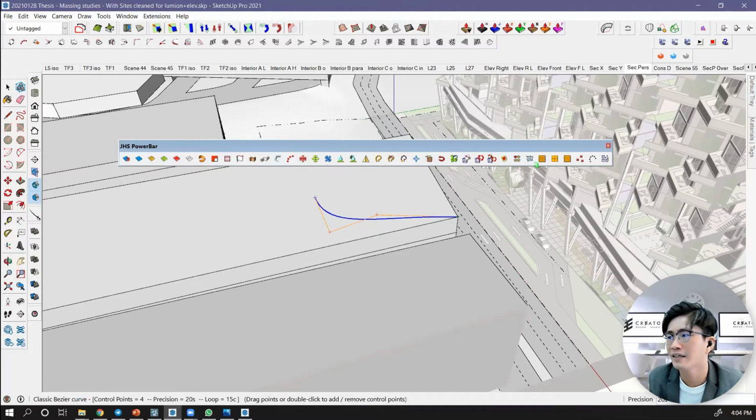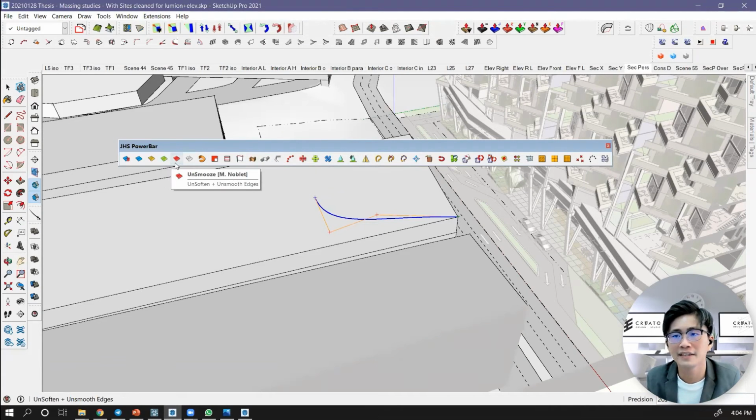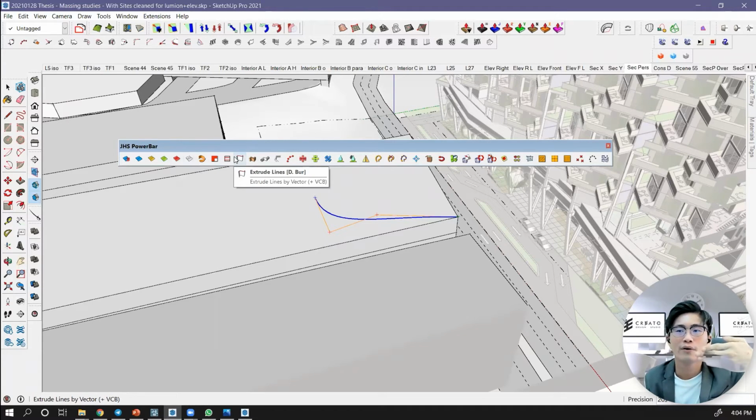Let's say some of them. I always use one, Miro. Miro can flatten things, it can smoothen things, it can turn lines into walls, into thickness.